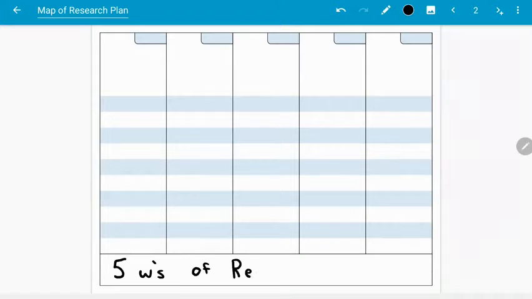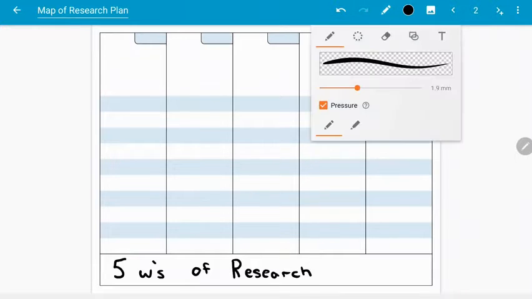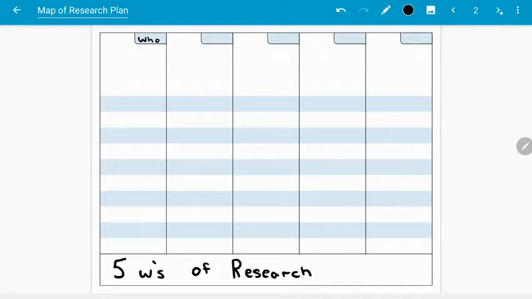So we're going to be taking a look at the 5 W's of research. We're going to begin here first with who. And part of this is who is actually writing the document, or who has produced the document. But for our personal needs, we need to figure out who actually needs this. Who is it designed for? Who's the audience? And then we want to find out, what are we going to learn as the individual reading